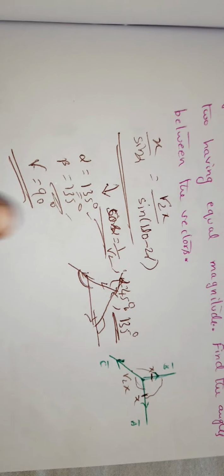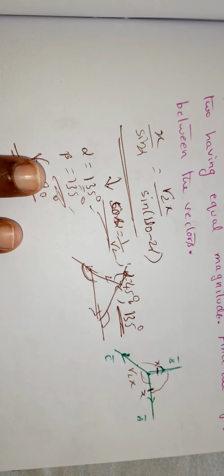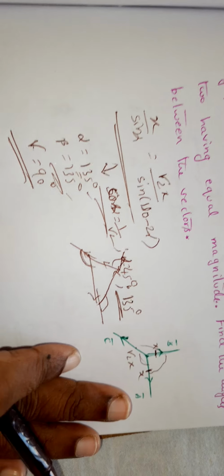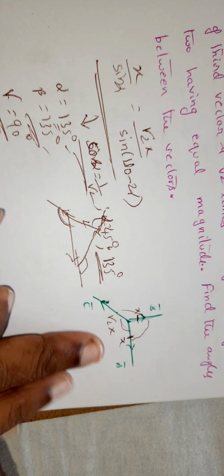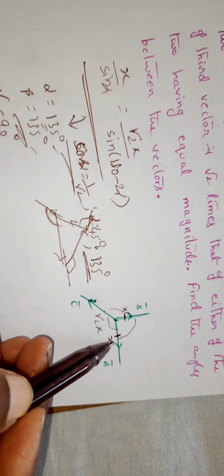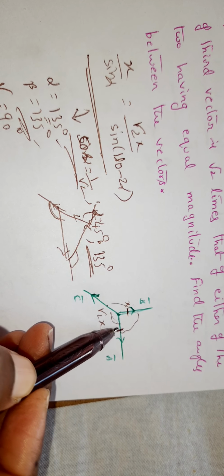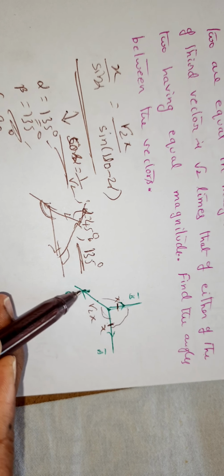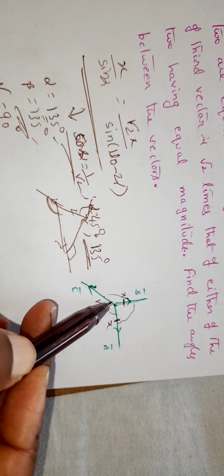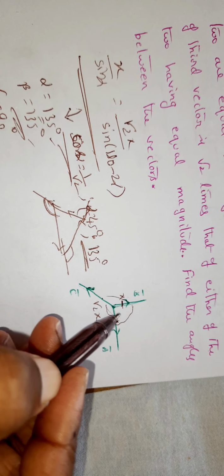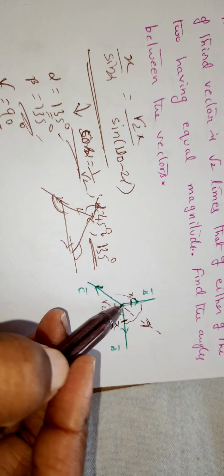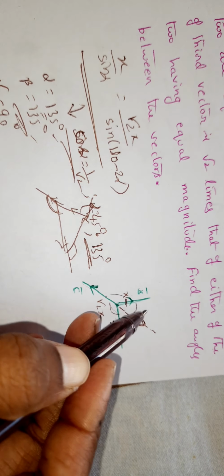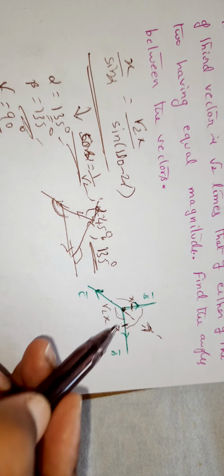This part was the direct Lami's theorem. I will come to this one here. Use your common sense, young minds. You have two vectors here like this, and this can be the resultant of these two, suppose. This is how the resultant acts. And now this is balanced by this. Therefore, it is in equilibrium.